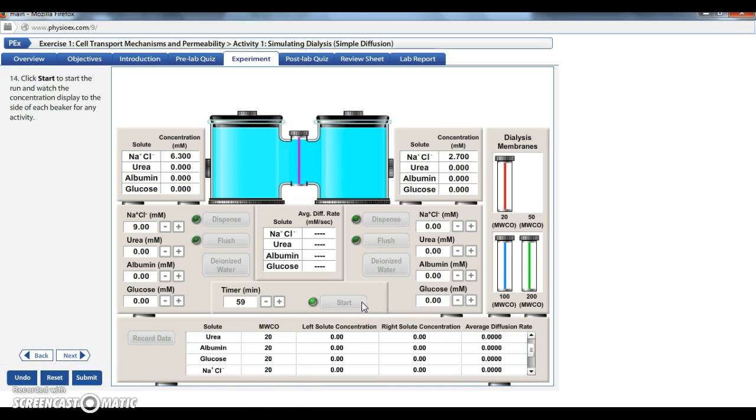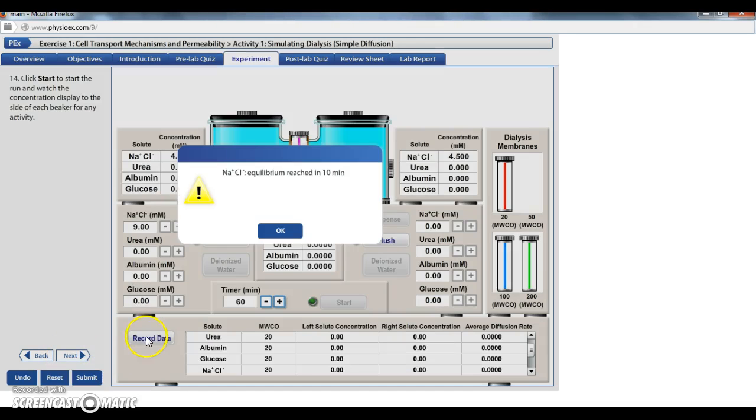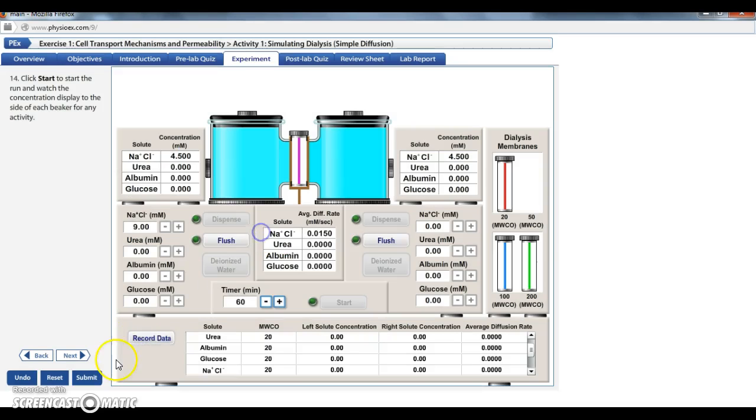Start. Okay, so now you would see your sodium chloride with the 50, and now we have a value to record. So you would record that there, 0.0150,